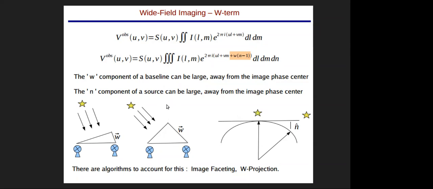let's say your source is close to your field of view here, that is two antennas are looking up. But let's say now the source is lying far away from your phase center. Then what will happen is that this sky curvature term comes up. And then at that point, your n value is not negligible, and you cannot ignore this W and n here. So the only solution is you need to solve the W term effect during imaging. That can be done, and the most known algorithm is the W projection algorithm, which was most probably discovered and written by Urvashi Rao and Tim Cornwell.